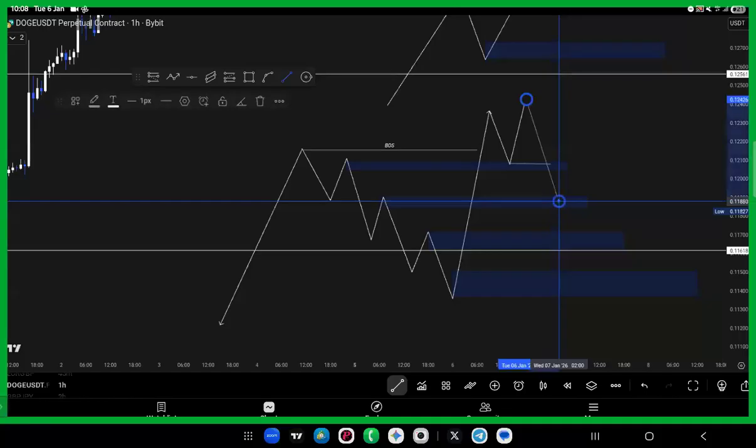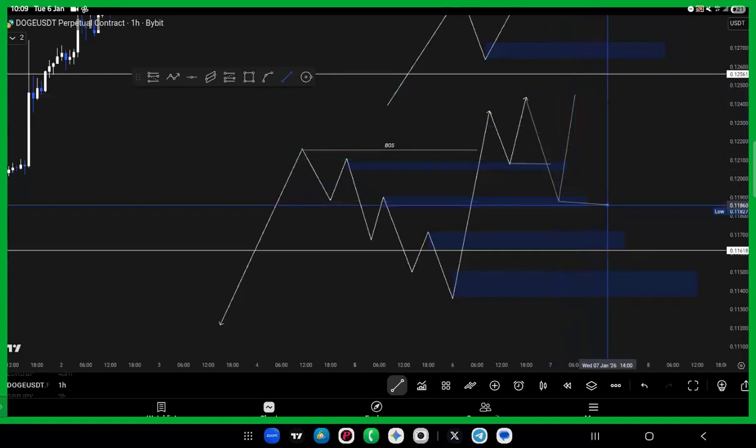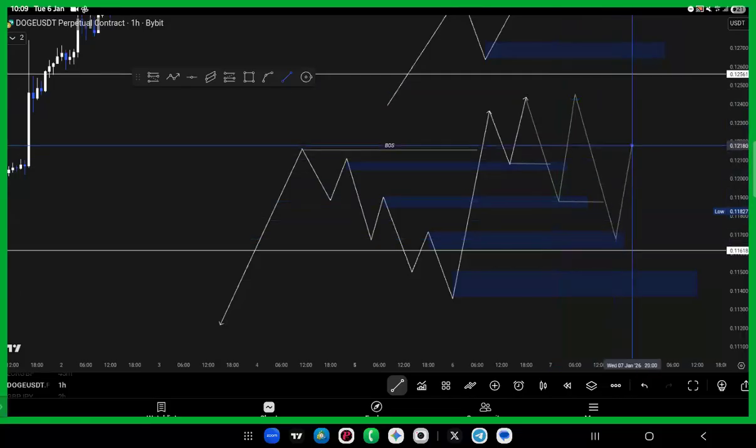Now, if these points of interest actually work and price still fails to get to its destination, then this reaction from this other block here will then be used as the liquidity, from this breaker block, I mean to say, then be used as liquidity for these points of interest, which is the next one, the next breaker block, to actually do what? To hold. Now, if this one still fails to get to that particular destination,